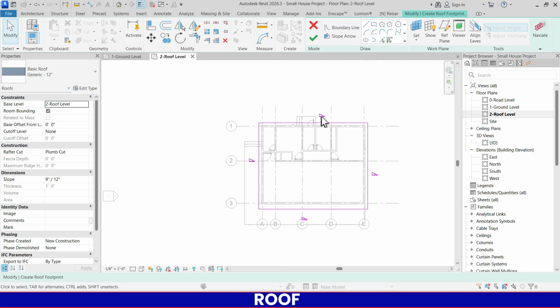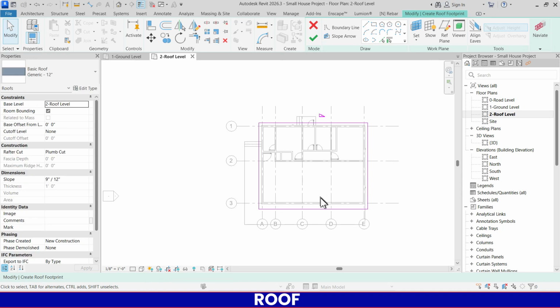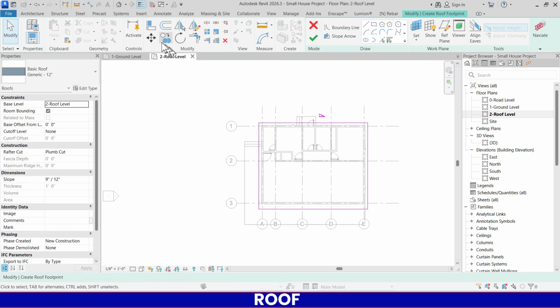Now you can see this triangle. We only want a slope roof in the backwards direction. So we will remove these slopes. I will click these 3 lines, select by holding control, and then define slope. I will uncheck this. So the slope is only in the backwards direction, and then click